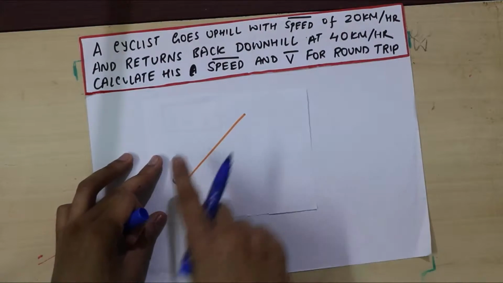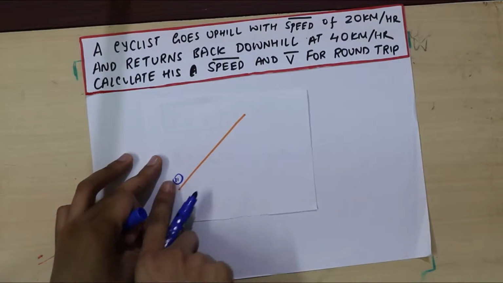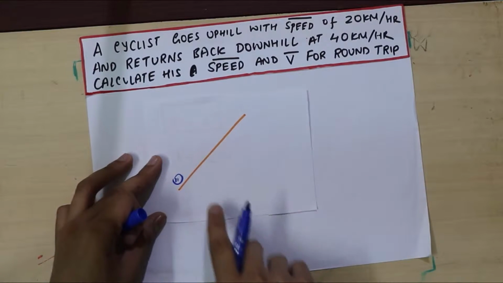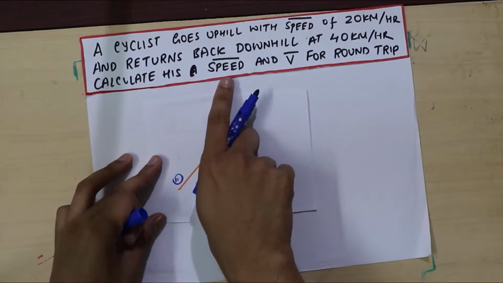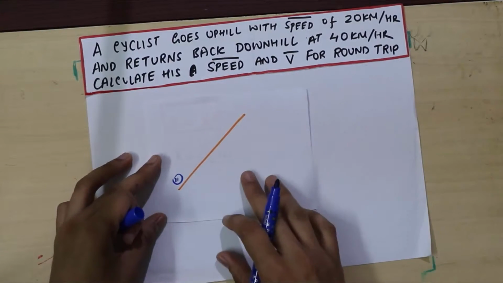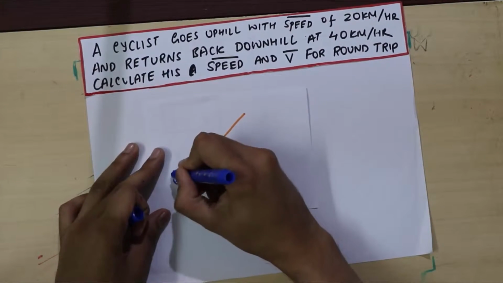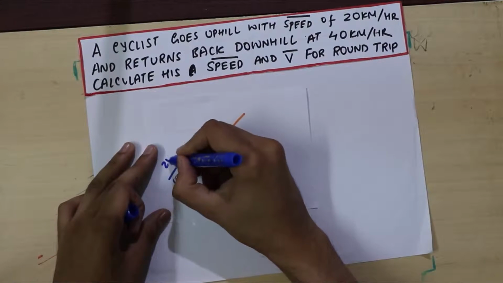Now I really don't know whether he's going uniformly or whether he's stopping in between. It doesn't matter, because finally the question is average speed, so I might as well just assume uniformity, and so I'm just going to assume he's moving this way at 20 kilometers per hour